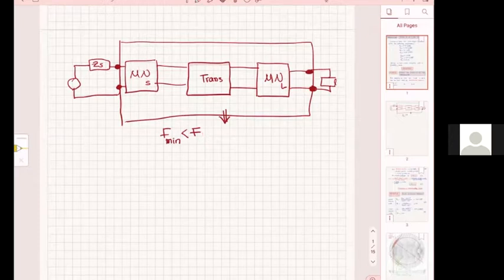So, and then I have a gain for this amplifier. We'll talk about the various gains again to remind you. Most of the time we're using this transducer gain, and we want this transducer gain to be as high as possible. So it's always going to be below the G max, because this is the maximum possible you can have for this source and this load, but we want to go as low as possible in F,